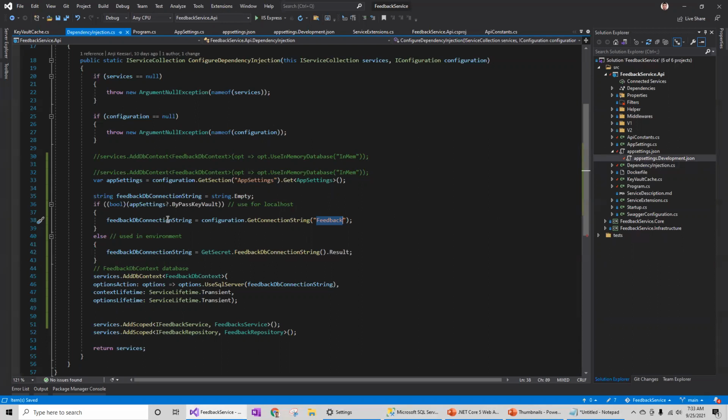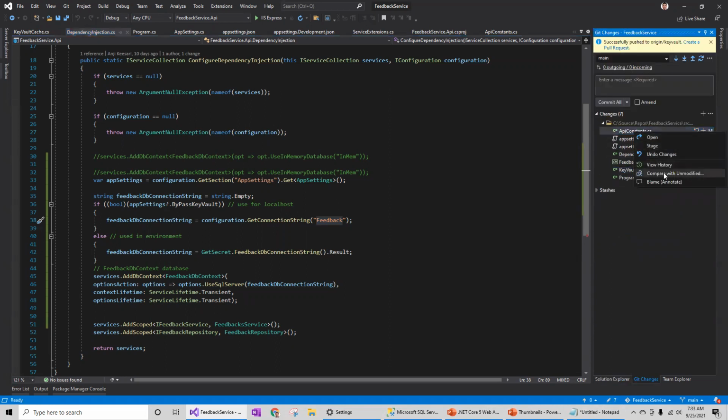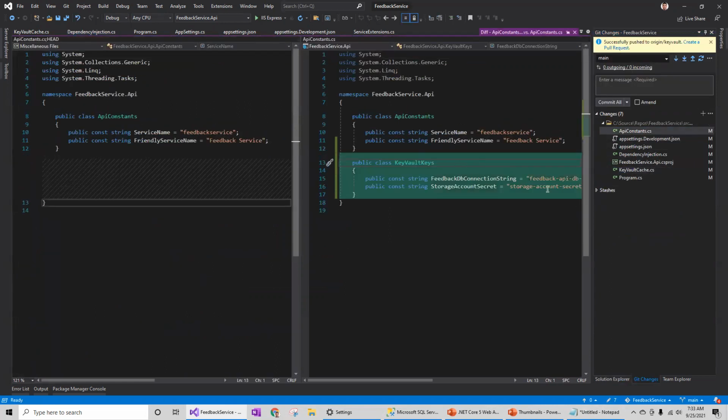Now I'm able to consume the Azure Key Vault, so that coding part is done. Let me make sure what we have done so far. We added the two keys: one is for the database connection string, and the other one is the storage account. Just for the sample, I created a storage account. I will not actually be using it. Just like you are using the database connection string, you will also be reading the storage secrets from the Key Vault. So it's just another example here.